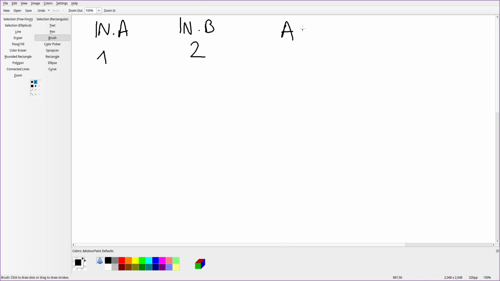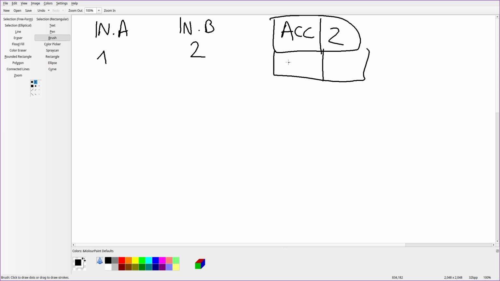So we have ac, which is 2 at the moment. I'm going to save it into back. So let's say back is 2, right? Then what I'm going to do is in dot B minus in dot A. So I'll just do 2 minus 1 equals 1. And then if this value is greater than 0,